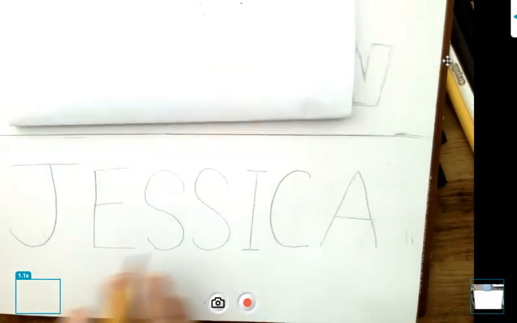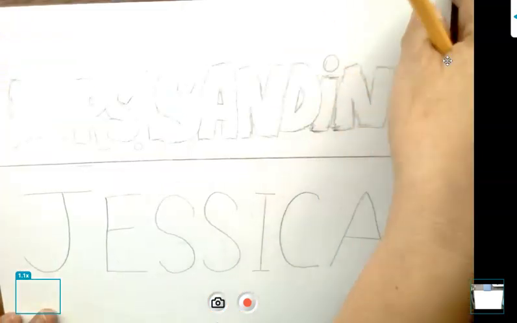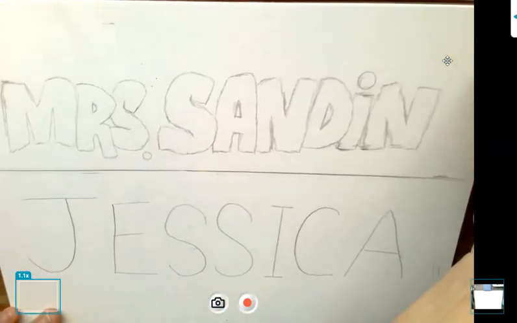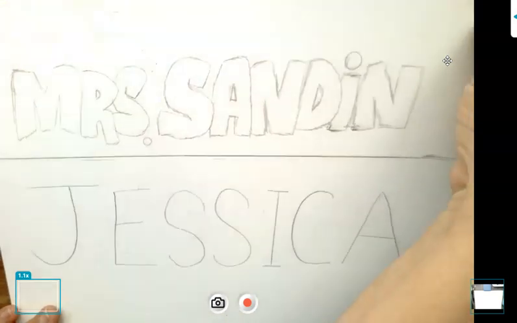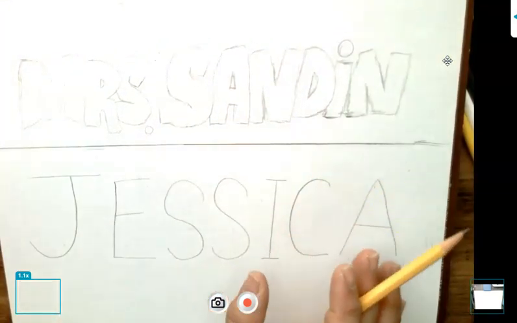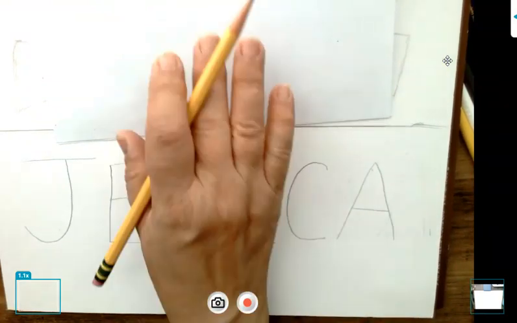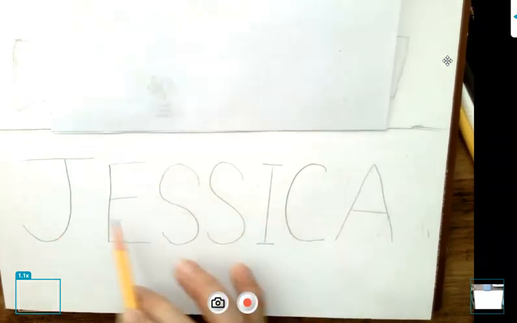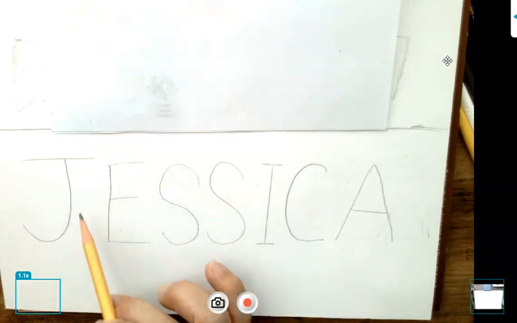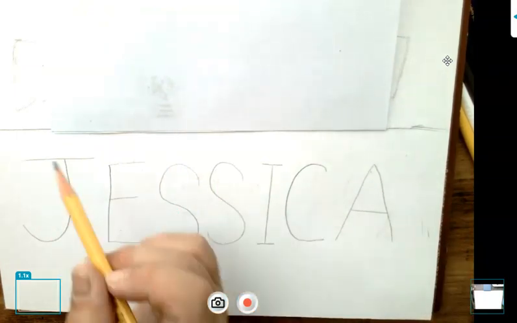So let's start. I'm showing you my example. On the top, I already created letters, Mrs. Sandine. And on the bottom, I showed you my first name. My first name is Jessica. What you do is you draw your name out first, as you regularly do, and separate space in between each